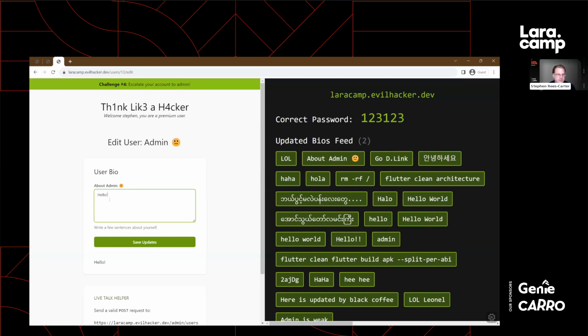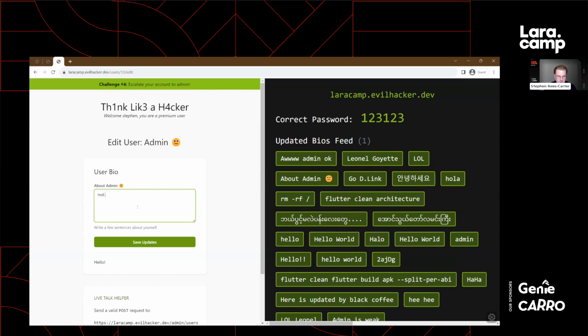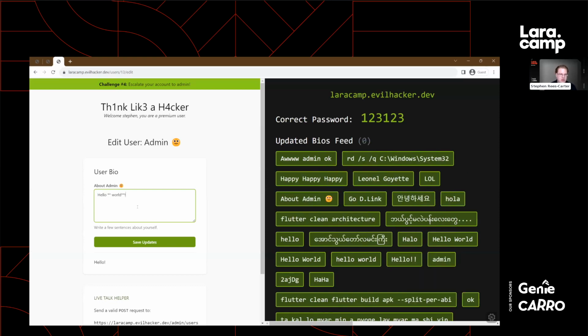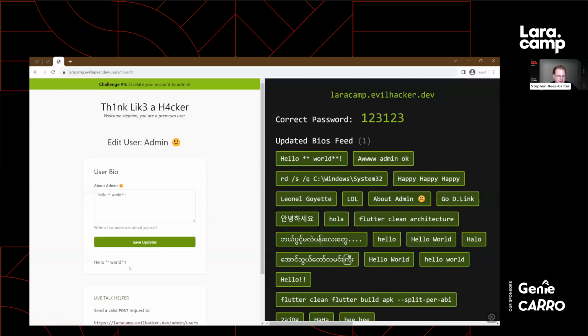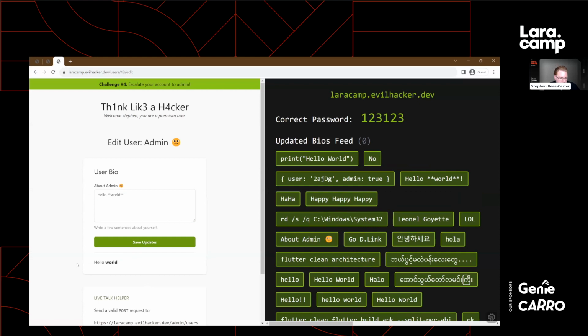So what we can do here is look at the bio form, and we want to have a play around and see what it supports. You know, so I can do, I don't know, hello world. Let's make this a bit nicer. Hello world. All right, so hello world there. Oh, I have a space. If I get rid of the space, you can never actually type when you're doing live talks. It's really annoying. All right, hello world in bold. So we now have